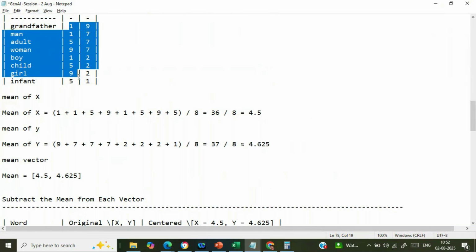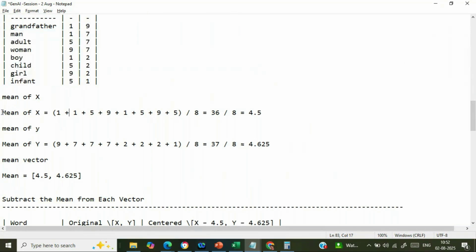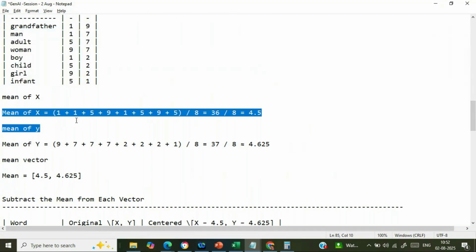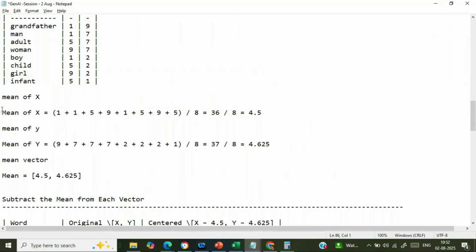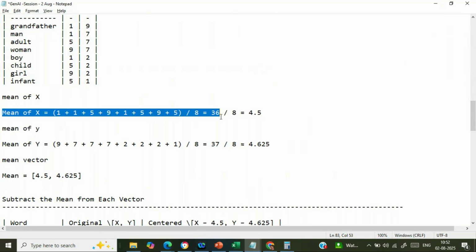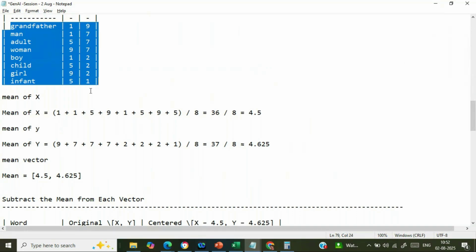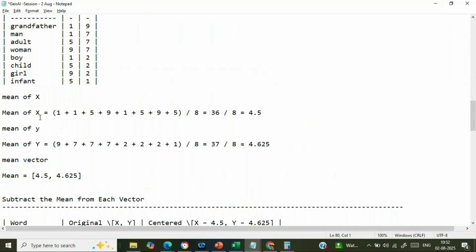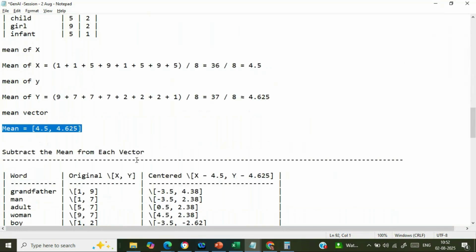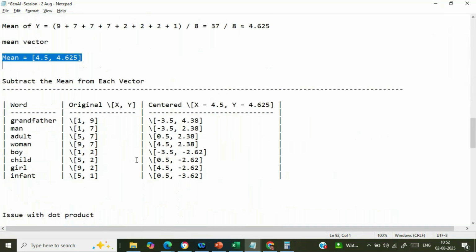If you are willing, we can do it once again, but I have done the calculation in advance, so you will be able to consume the content. I'm going to perform the dot product for this particular matrix given over here, where x is taken and y is taken, and the mean has been calculated. Now what I will do, I will perform,